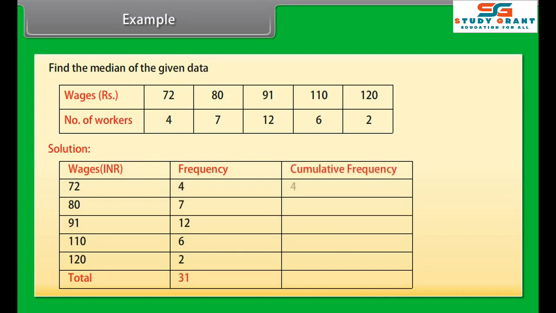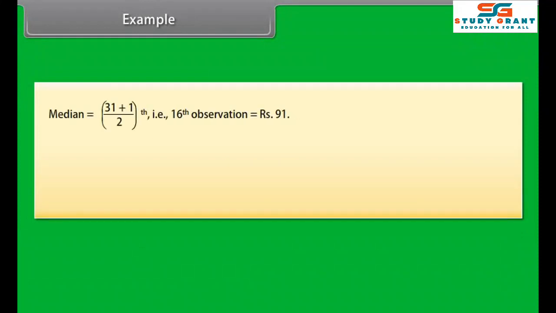Find the median of the given data. Solution. In the first column, we have written the given wages. In the second column, we have written the given frequency. The sum of the frequencies is 31. In the third column, we have found the cumulative frequency for each wage by adding the previous frequency to the